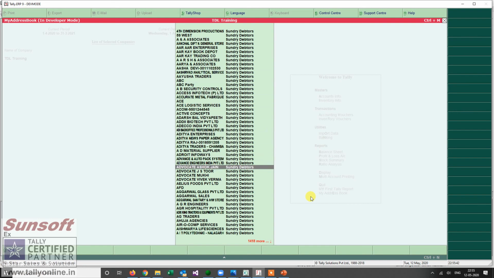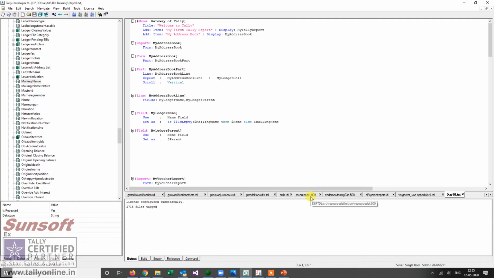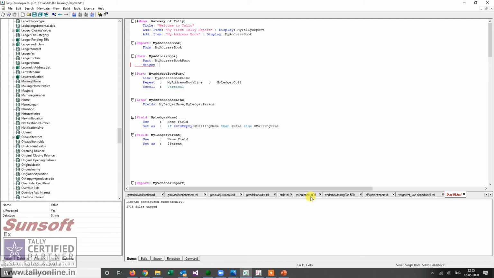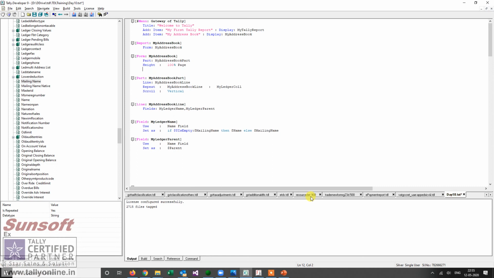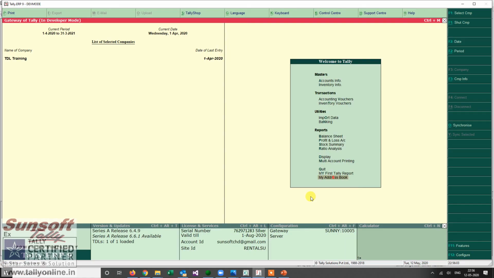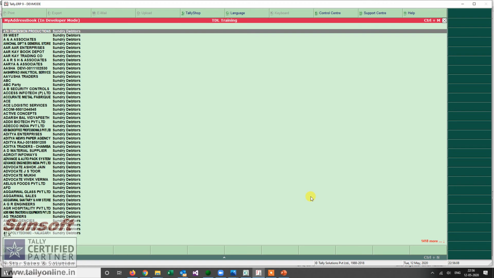Okay, now I have it good. So let me set the height and width of the form. Okay, so now I have a full page. Now you see here at the top, it is showing me my address book only.